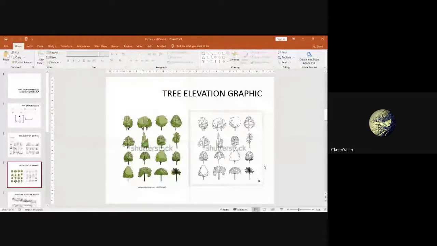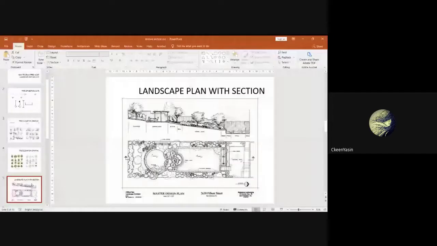Before you put a color on it, it will look like this, on your right. And when you put a color, it will look like what you see on your left. A very simple kind of graphic. So that is for the graphic elevation or section. Okay, so now next is